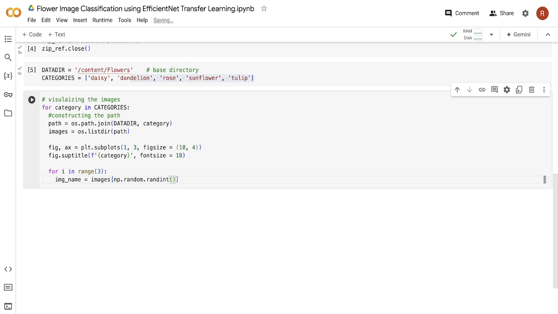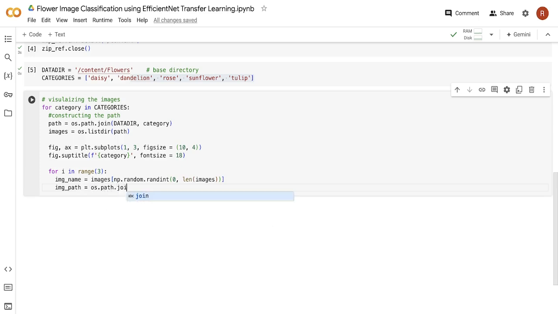Now we also have to give the range from which the random images should be extracted. Like if we have 1000 images, so the range should be 1000. Now from that 1000 images, any 3 random images will be extracted. So the range will be starting from 0 up till the end of images that we have in the folder. So we will say length of images. So 0 is the starting point, and length of images, so whatever the length of images will be, that will be the ending point, and from that range, any 3 random images will be extracted and displayed here. After that, we will say image path is equal to